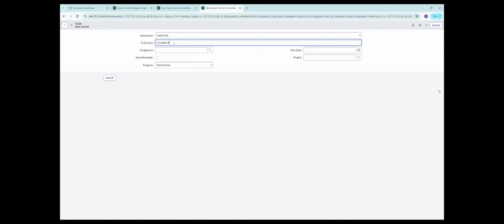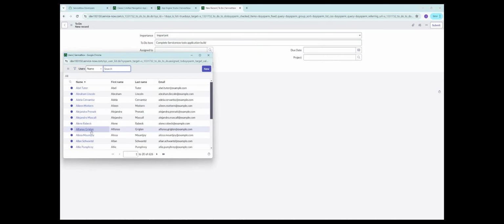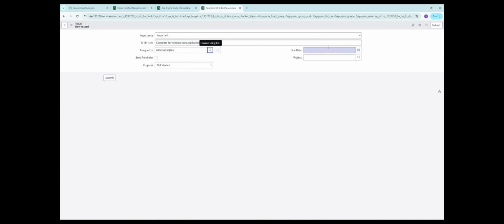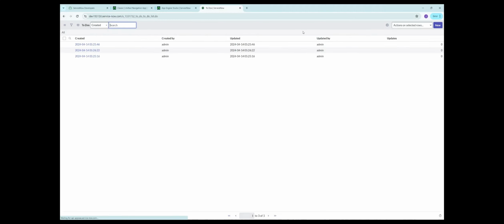complete ServiceNow to do application build, assigned to another some user, due date would be some random date, project would be work. Click on submit. In the list view, we can see